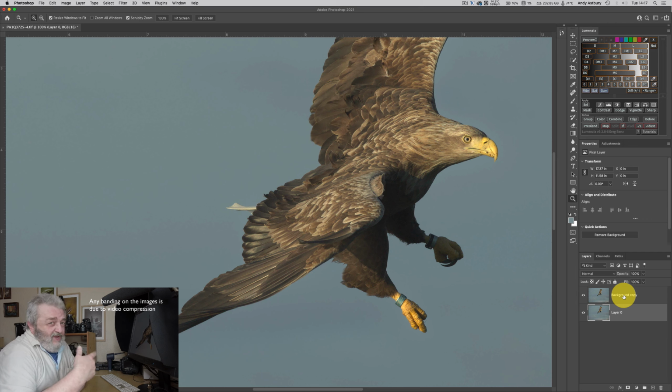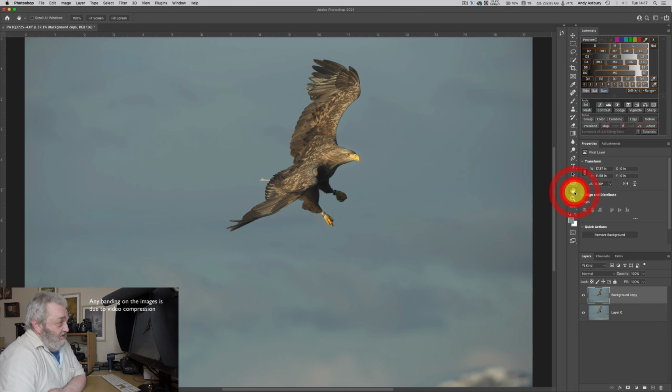It doesn't really matter which layer you do this operation on, but this is just the order that I do it. So I'm working on this background copy layer, which is on top of the old background layer, which, because I've taken the padlock off, is now referred to as layer 0. And I'm going to come out to a fit to screen view, and I'm going to pick up my lasso tool, and I'm just going to roughly lasso around the bird,